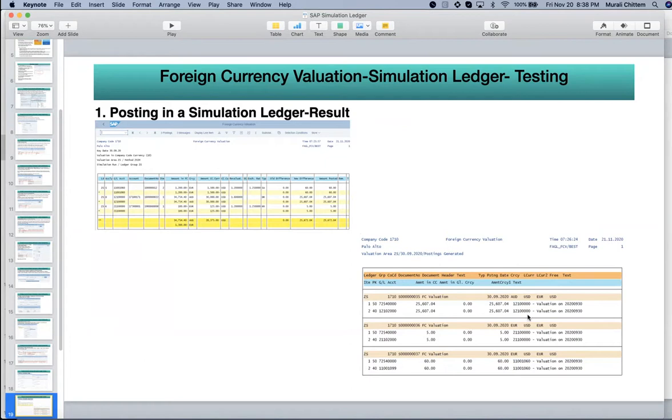So on the right side, when we click on the postings, you see 3 postings here. Basically, when you do an update run, the system will create 2 documents: one for this month end, and the next one is a reversal posting for the next month. But the simulation ledger, since it won't impact anything, won't create any reversal postings. And you can see the documents created with YE followed by all the zeros and 35, 36, 37, all these simulation ledger postings.